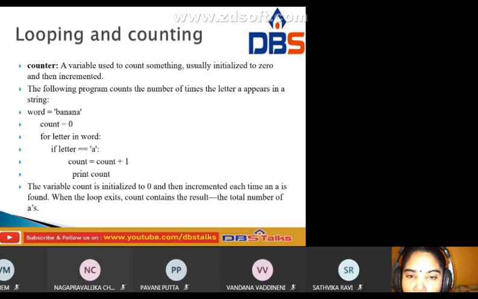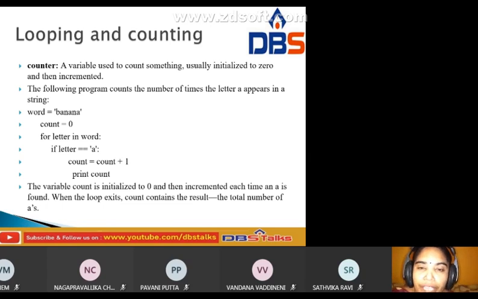The variable count is initialized to 0 and then incremented each time an A is found. When the loop exits, count contains the total number of A's.